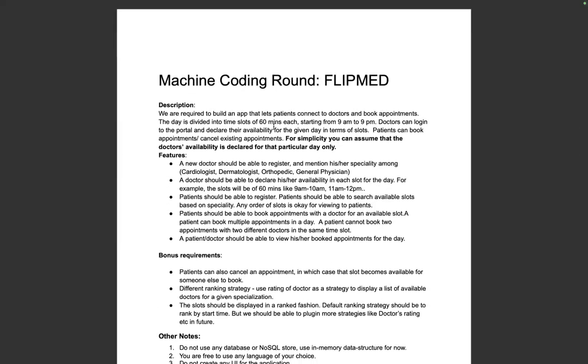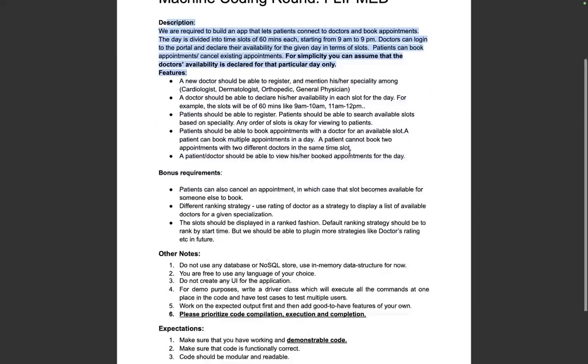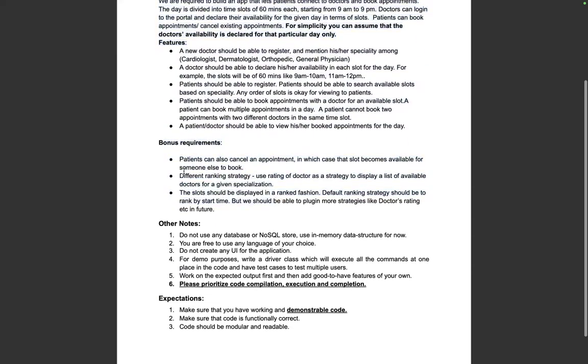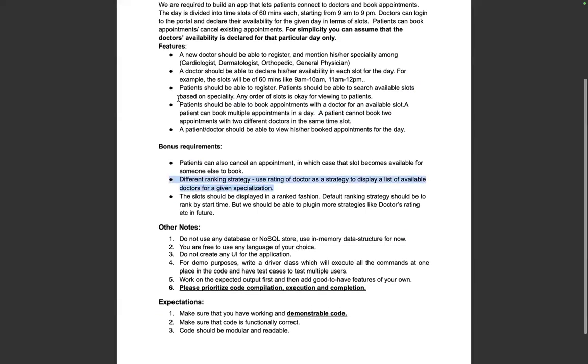मतलब क्या एक्सपेक्टेशन है मशीन कोडिंग राउंड से? ठीक है, तो अब ये मैं तुम्हें बता दूं, ये जो बेसिक फीचर्स हैं, इनको बनाने के लिए तुम्हें सिर्फ दो चीजें चाहिए, सॉलिड प्रिंसिपल्स और बेसिक क्लासेस एंड ऑब्जेक्ट्स। इसमें कोई डिजाइन पैटर्न की जरूरत ही नहीं है, हार्डली। मतलब अगर फोर्सफुली लगाना है तो फैक्ट्री लग जाता है। जो बोनस रिक्वायरमेंट थी, ये वाली डिफाइंड डिफरेंट रैंकिंग स्ट्रेटजी, यहाँ पे एक पैटर्न होता है स्ट्रेटजी पैटर्न, वो लग रहा था।